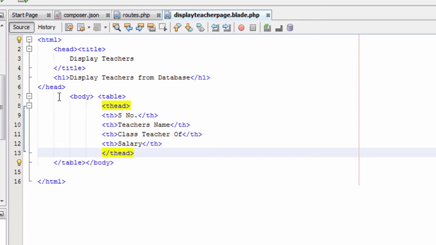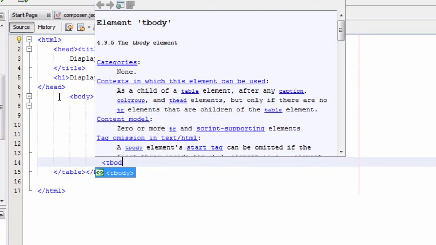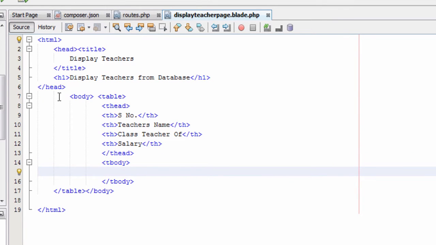So below the closing table header tag type a tbody tag, that is less than sign tbody and greater than sign, and a closing tbody tag. How will we do this?